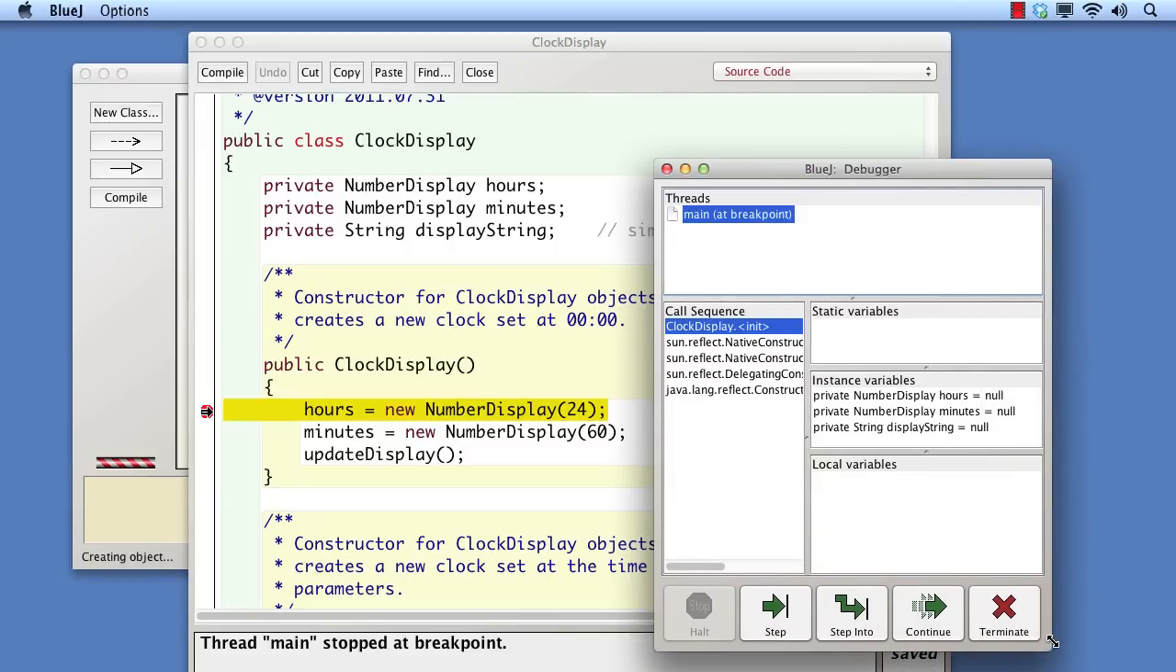The debugger window has an area to show instance variables. We can see the three fields of clockDisplay and that they are currently set to null. This reflects the fact that object variables do not automatically contain objects. Object variables that are fields are always initialized to the value null by default. This value means no object. In other words, if we tried to use those variables as if they were already referring to objects, we would